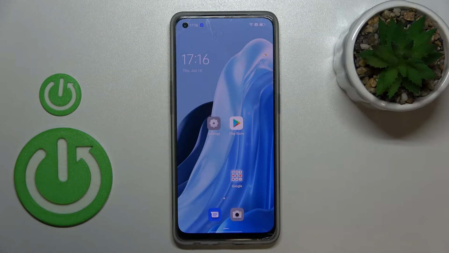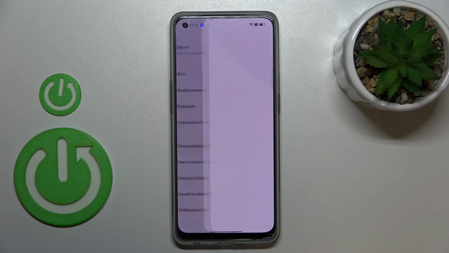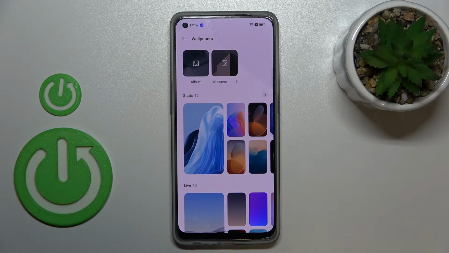Hi everyone, in front of me I've got OPPO Reno8 and let me share with you how to change the wallpaper on this device. So first of all we have to enter the settings and now let's scroll to find the personalizations. Now let's tap on the wallpapers, and as you can see here we've got some albums from which